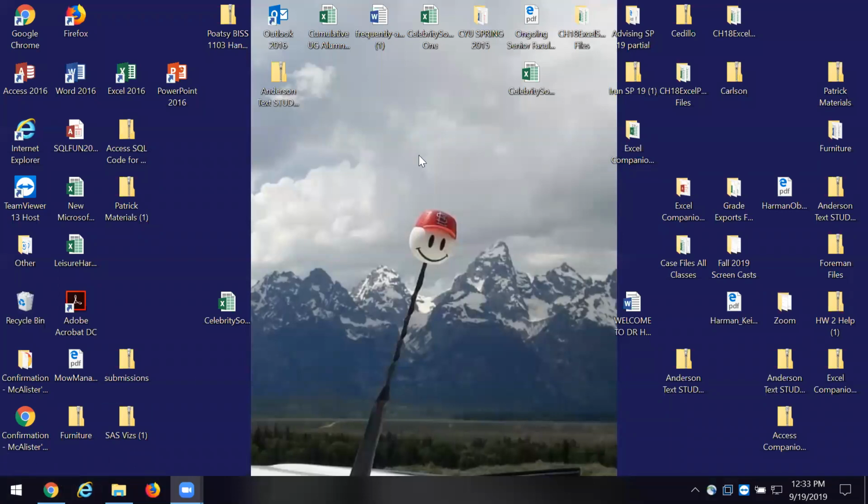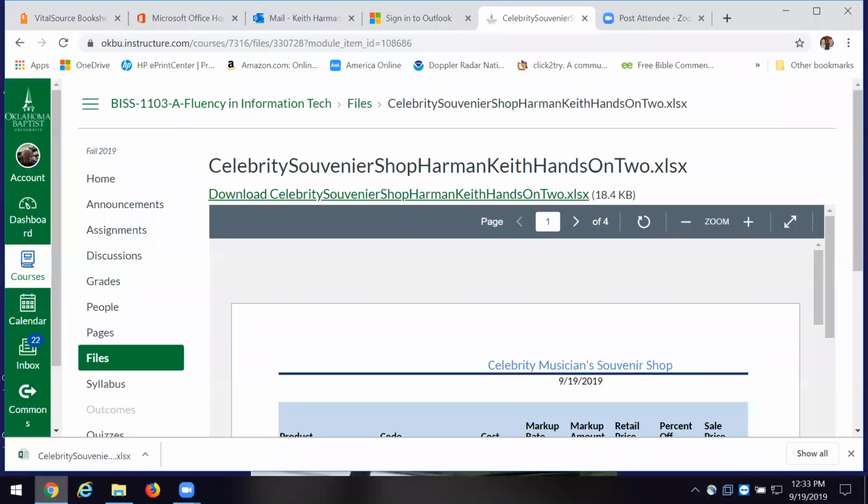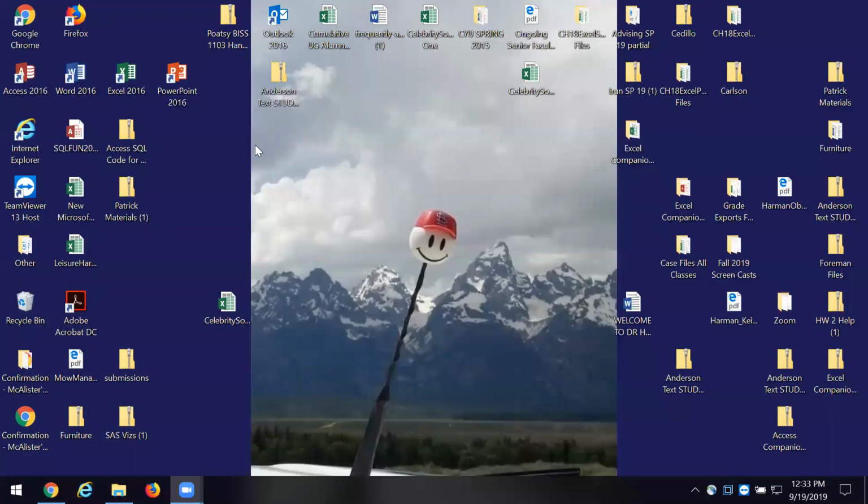All righty, and let's see, we're here. Okay. All right, so you should have Celebrity Souvenir Shop. Now, I had downloaded it to my machine, and it was Celebrity Souvenir Shop 2, and then I renamed it Celebrity Souvenir Shop.